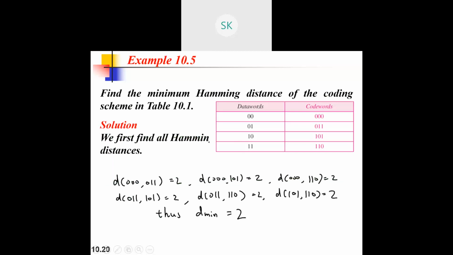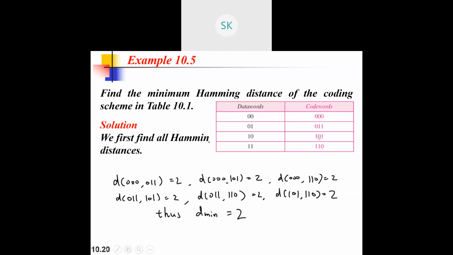See here, data word 2 is that with respect to those code words. This is already done. We cannot change these code words. Code words cannot be changed. You cannot change the code word according to yourself. So what we are doing is, based on these 4 code words, we are combining each one of them. The first code word is 0, 0, 0. The second code word is 0, 1, 1. With respect to this, what is the distance? 2. Two changes are there.